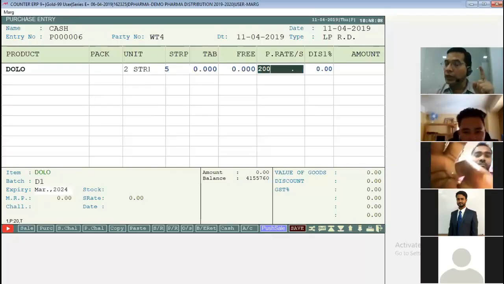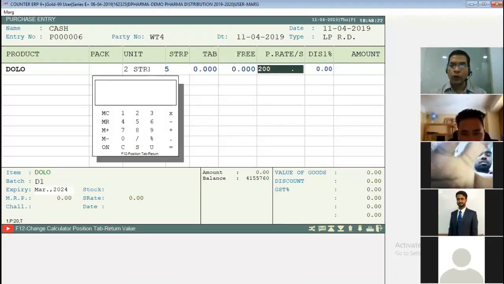So it means one tablet is 10 rupees. I repeat my words. I have bought 5 strips. Per strip cost 200 rupees. Here I press F12.